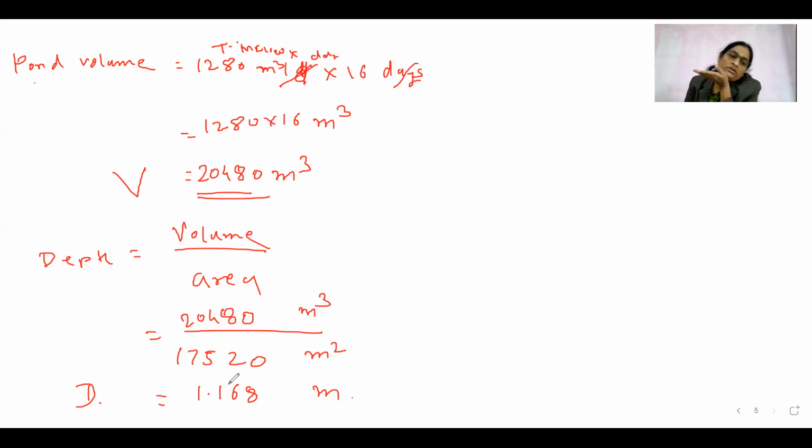Now we know the depth, we know the volume, we know area. Then you can assume some ratio about the width to length ratio. What is the assumption given to you while studying? Check it once, please. 1:3, check what was given.